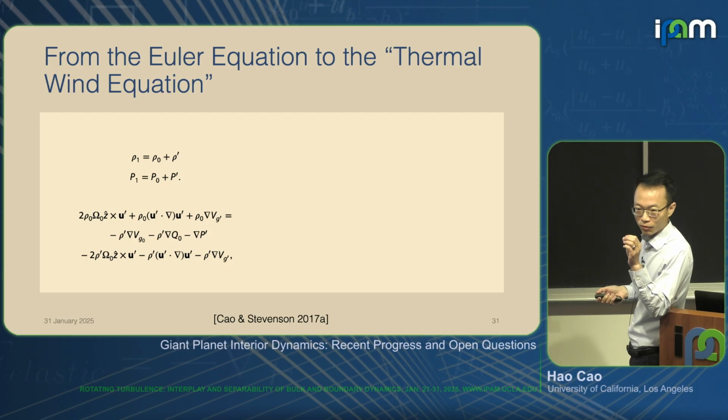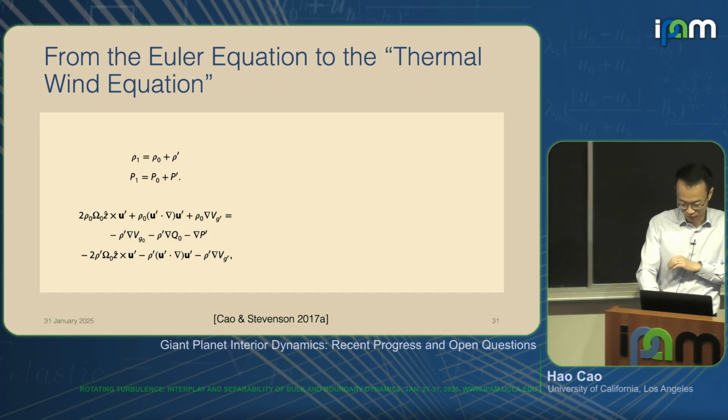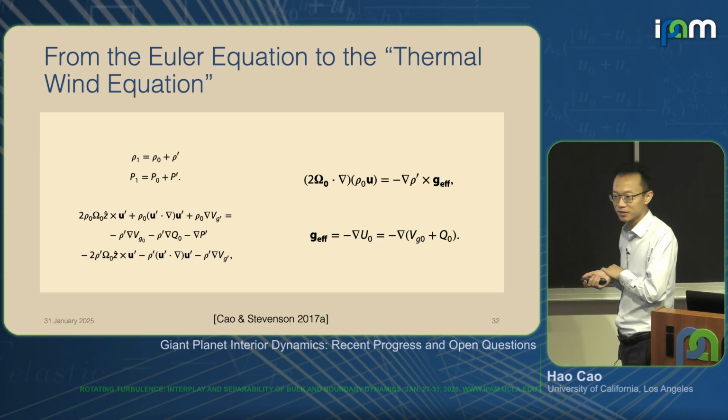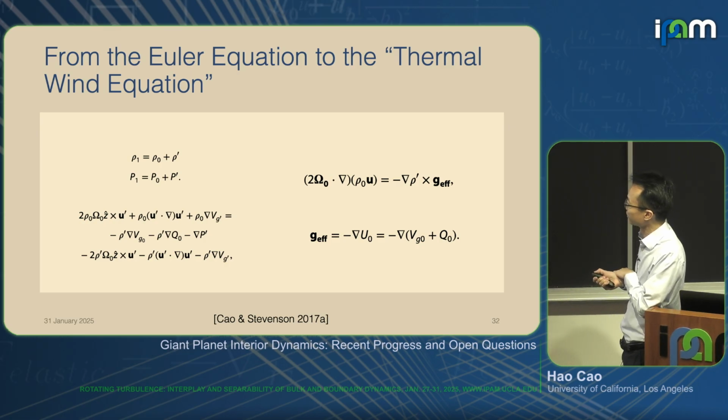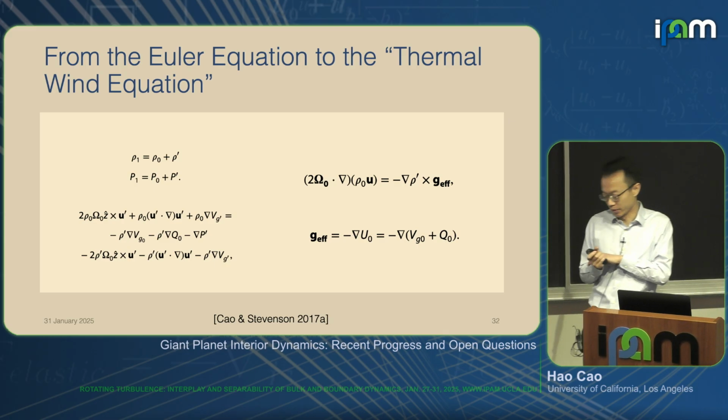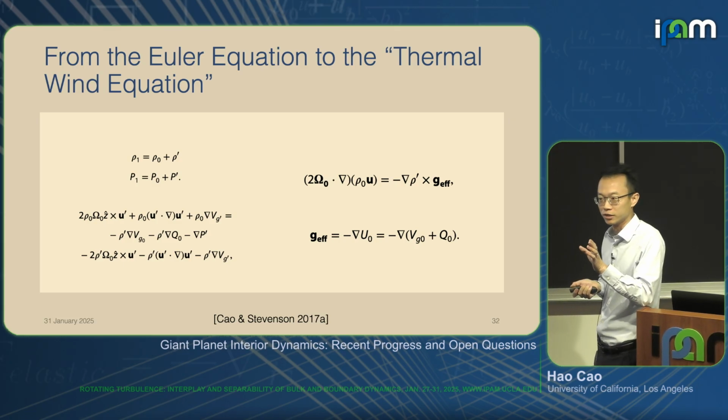Once you change density in one place, you start to change the gravity field elsewhere as well. Now, if you want to be ignorant, say, I'm just going to keep the quote-unquote leading order terms and take the curl of this equation, and this is what you get. It looks quite like the thermal wind equation, but if you look closer, what you're doing is taking the derivative of the momentum, not the velocity, as a function of z. And that gives you a density perturbation gradient,